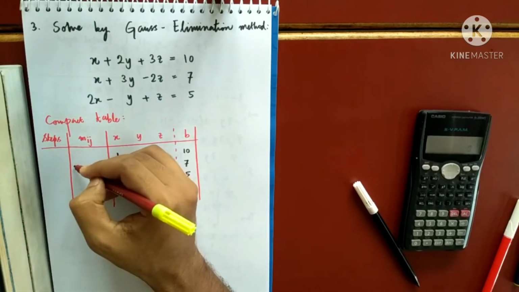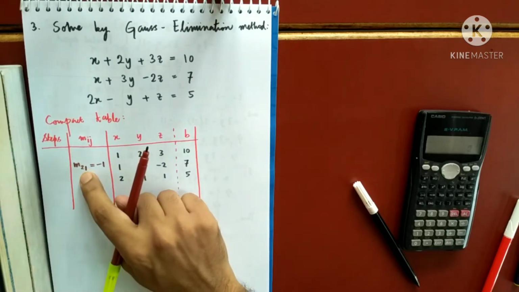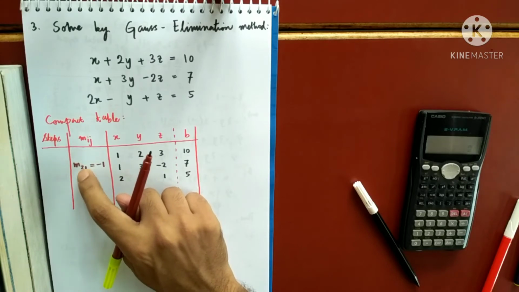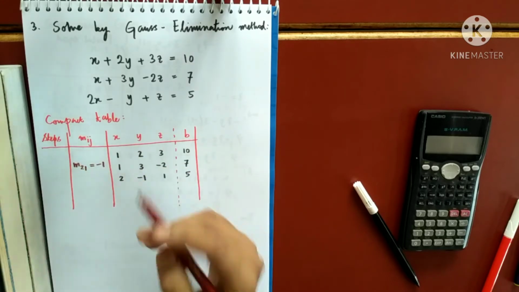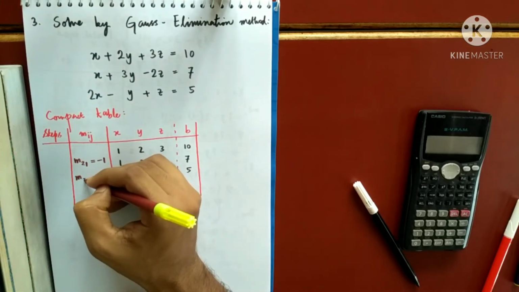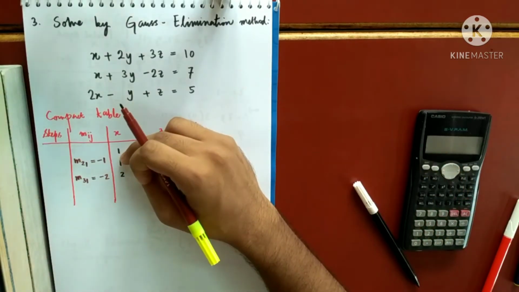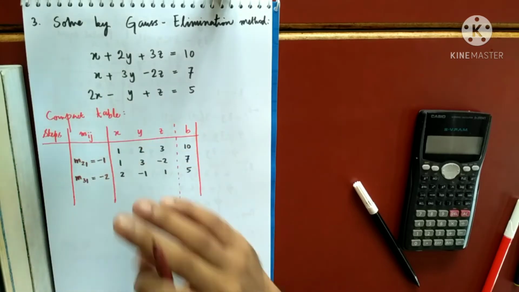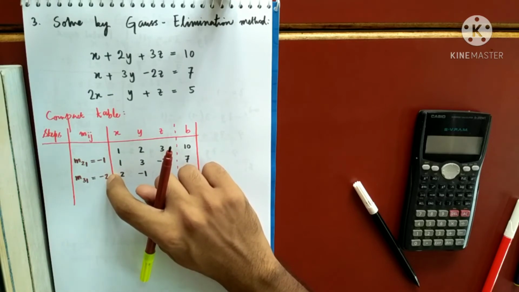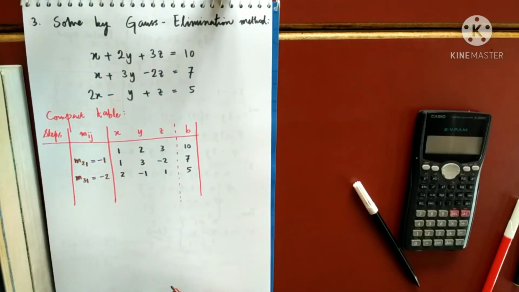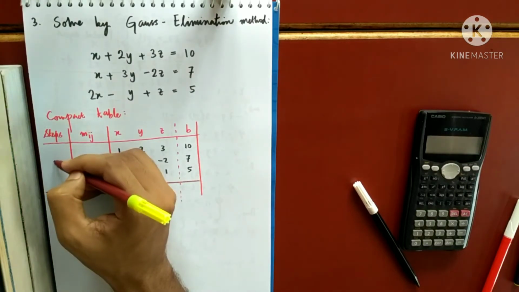So I will call that multiplier m21. m21 is minus 1. Why m21? Because I am eliminating the first variable between the first equation and the second equation. So we write it like this, m21. And similarly, what is m31? It is minus 2. The process is the same. You are dividing by 1, so no need to write that. You take the negative sign of here and the negative sign here. The idea is very simple, and this is step 1.